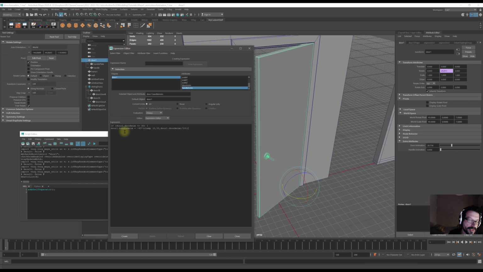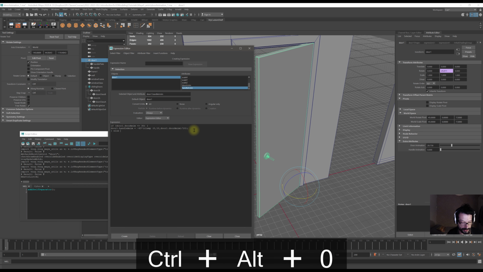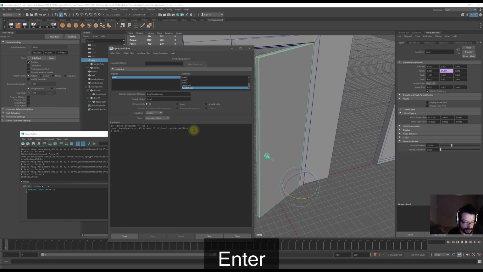Only we are now controlling an attribute that will in turn control the rotation of the handle. This is a new attribute that is under the door 1 object, but it will be used to control the handle object's rotation. Then close braces else, open braces again, door 1 handle nm equals to minus 45